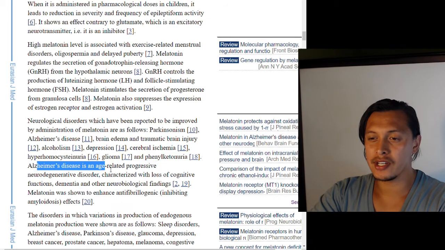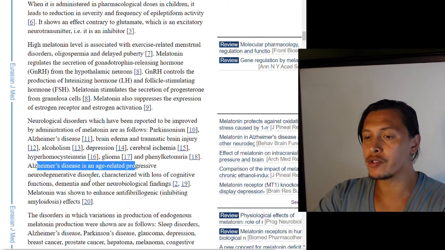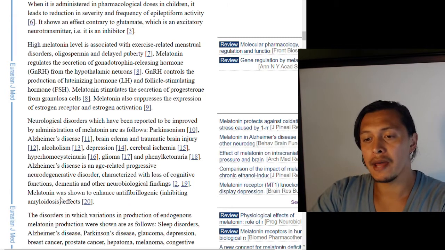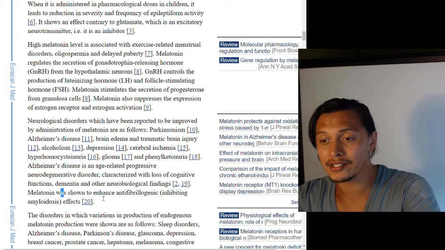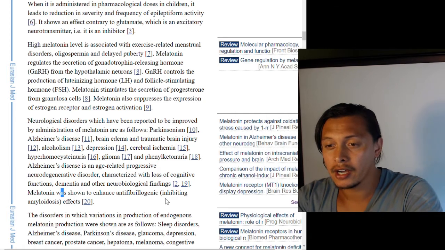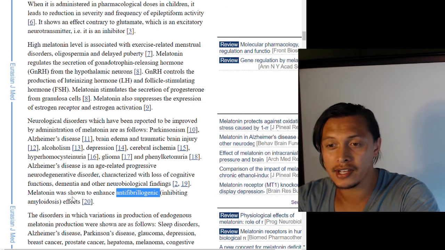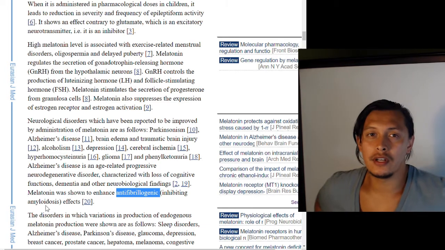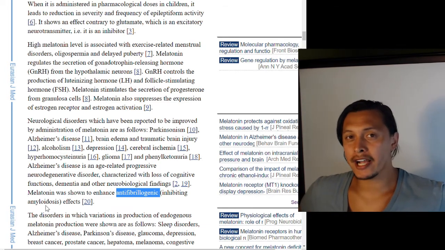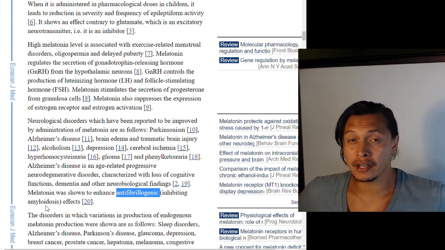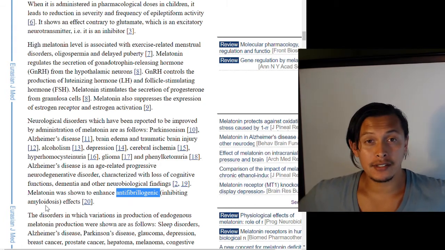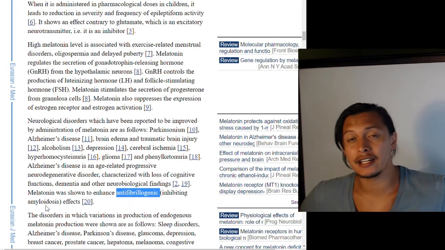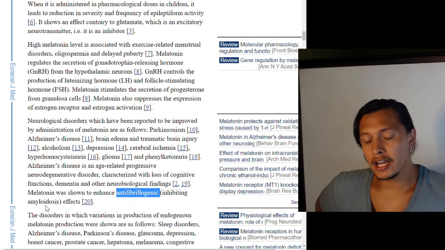So Alzheimer's disease is an age-related progressive neurodegenerative disorder characterized by loss of cognitive function, dementia, and other neurobiological functions. And melatonin was shown to enhance anti-fibrillogenic effects. You have these amyloid plaques which are formed from amyloid beta peptides that come from the amyloid precursor protein. So you have the APP that gets proteolytically cleaved into these